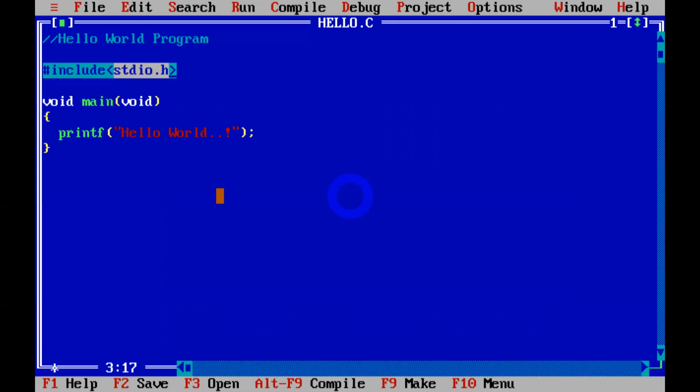It must be written in small case. Don't use any capital letters, and don't use any spaces in between, right? "std io", don't write like that. stdio is the file name with the extension what? .h. Here void is a keyword, main is the name of the function. The main function is the entry point for